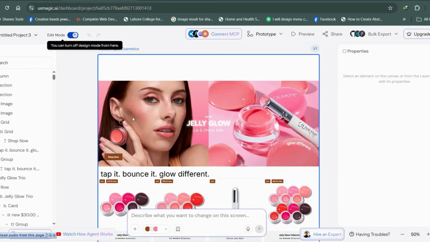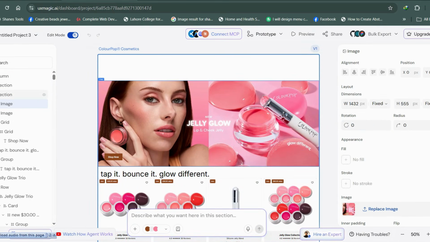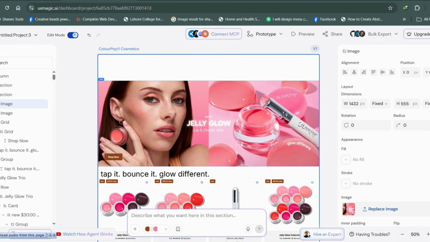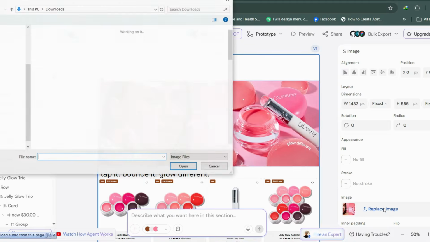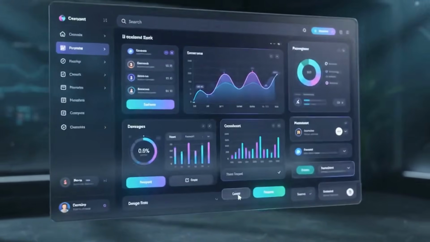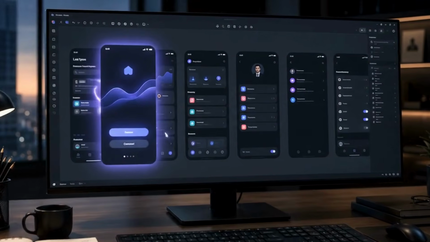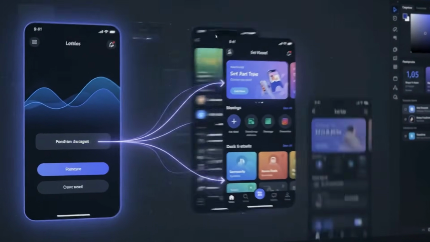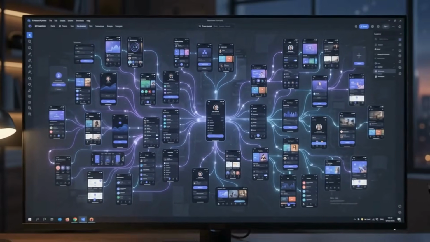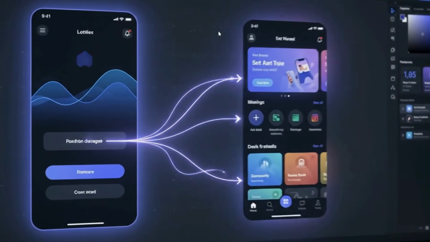And this is where UX Magic becomes more useful than simply generating a visual concept. Once your design is ready, you have several ways to continue the workflow. You can export high fidelity designs to Figma or export code for development. UX Magic supports production-ready HTML, React, and Tailwind code export, and it also offers direct export options for platforms such as Framer and Webflow. So the basic workflow becomes simple. Start with an idea, generate the interface, refine it, and then move it into your design or development workflow.